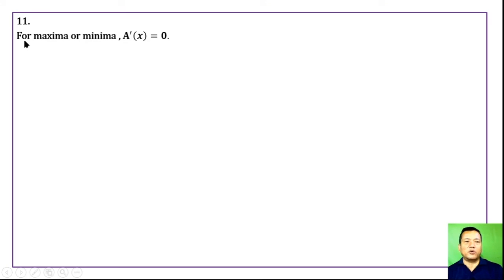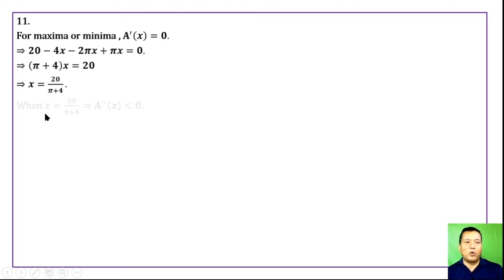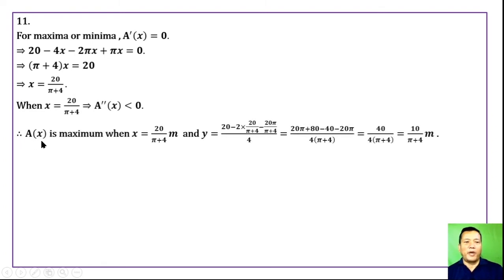Question number 11 continued. For maxima or minima, A dash of x equal to 0 gives this, and solving, x equal to 20 by pi plus 4. When x is this, A double dash of x should be less than 0. Therefore, A of x is maximum when x is 20 by pi plus 4 meter, and y is